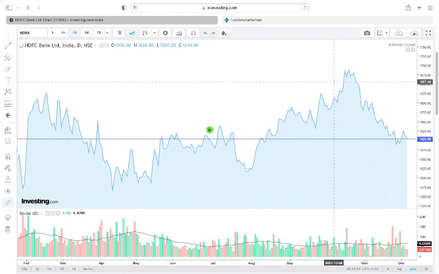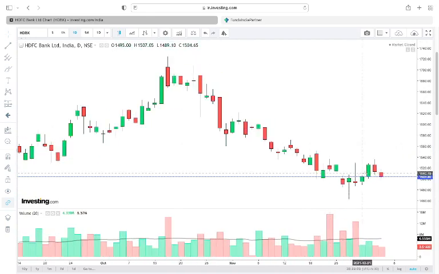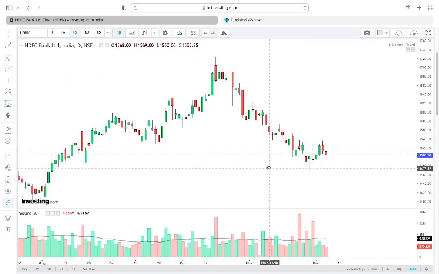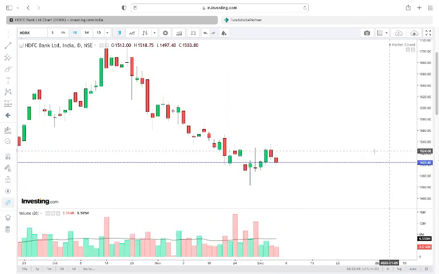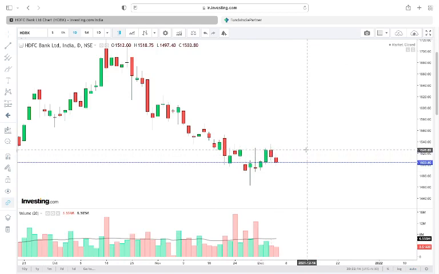Step number 3 done. Now take candlesticks. Can you see candlesticks on the top? Yeah, this is candlesticks. So this is 1 day candle. See, green candle, red candle. There are only two color candles, no? Green and red. Green means that day stock has gone up. Red means that day stock has fallen down. That's it. Very simple. We have taken a 1 day candle.